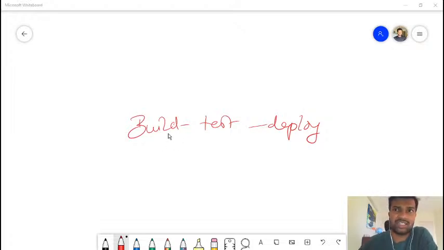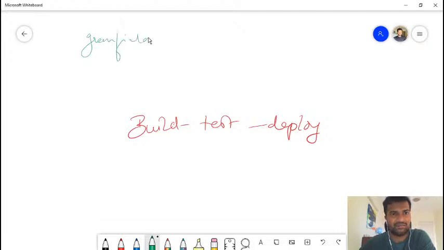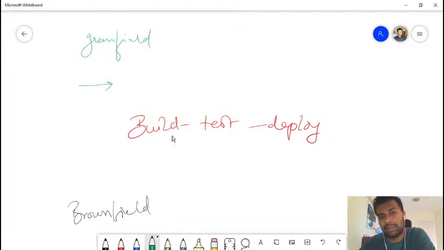All right, so here it is, build, test, deploy in the Greenfield scenario, where let's call it green. I'll just mark it as green. Okay, so this is the Greenfield, and then there is another one, call it Brownfield. All right, so in the Greenfield approach, you actually start from the left. So you start with building, testing, deploying. So what you actually focus on is the CI part first, because your project hasn't started. It needs to be supported so that people can start using your pipeline for quicker feedback.